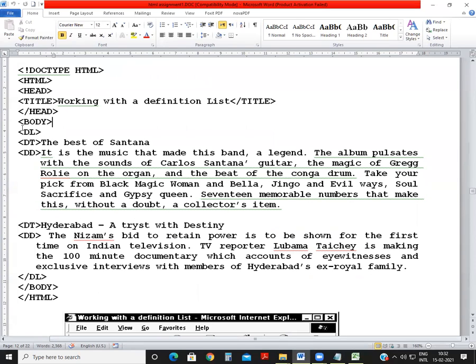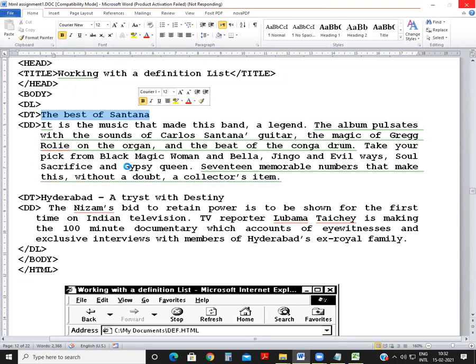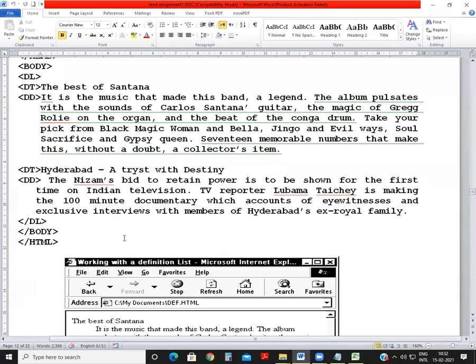Okay, dl is a definition list. We can call it description list also. And dt is the description title, or you can say definition title. And then this is the description data. Whatever you write under the dd will come like a paragraph. I will show the preview also, how it will come after writing the coding. Then we again write a definition title, one more title like this.